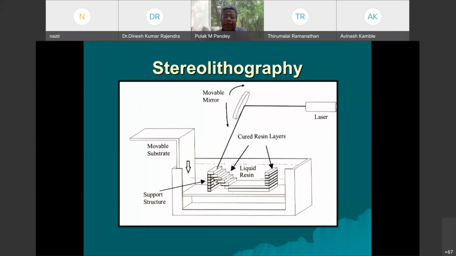layer. Now here, one more thing to be observed is that if you need to have an overhanging feature made, you need to develop the support structure also. So this is how we go and make the support structure. Stereolithography is an important process because it was the first process developed, in 1994. The first patent was filed, and the good thing about this process is that its resolution is quite good